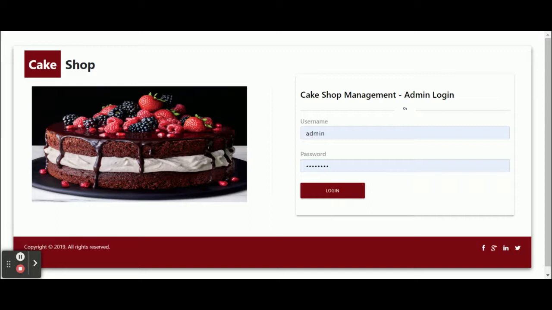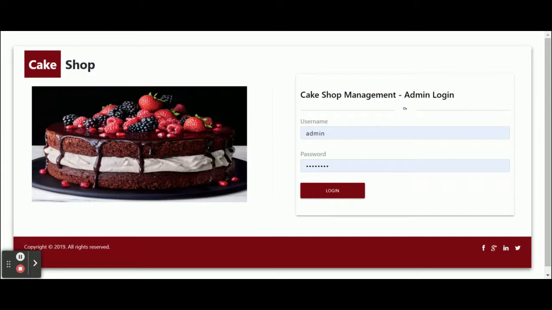For running this project we have developed two parts. The first one is a server, the second one is the client. On the server side we have used Node.js, on the client side we have used Angular. For configuring this project, you need to install npm packages in both folders, and after that you can run this project. For running Node.js, you need to run node server.js. For Angular, you need to run ng serve.